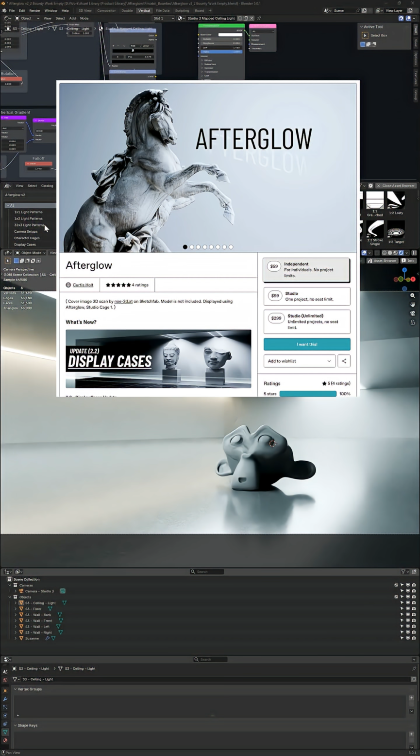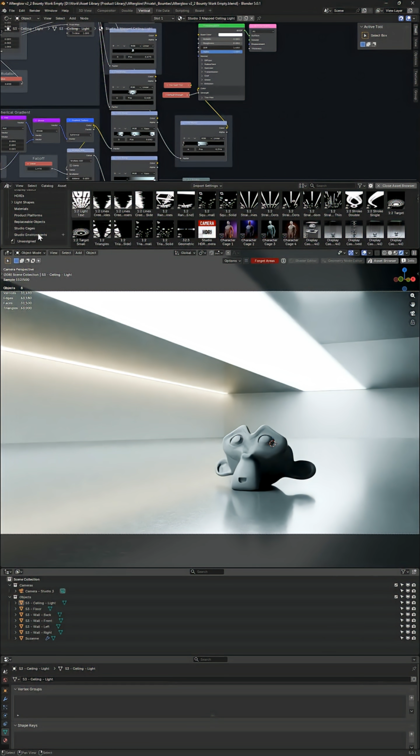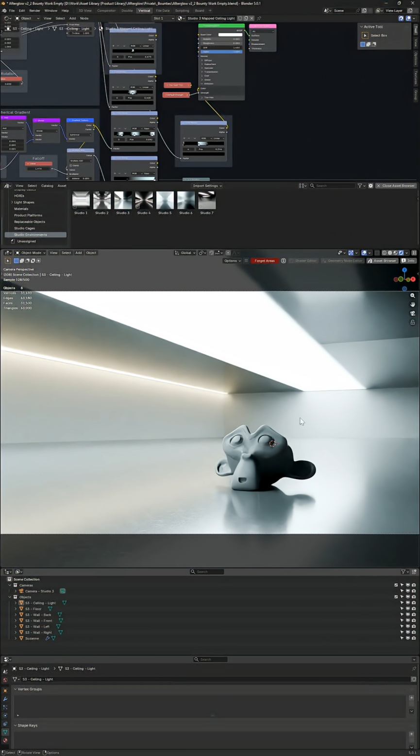In Afterglow for Blender, which is my asset library containing a bunch of lighting tools for the Cycles rendering engine, we have a bunch of pre-made studio environments you can use to display your objects. Now these typically include mapped light planes. So in this studio, number 6, which is one of the simplest because the ceiling doesn't have any extra details,